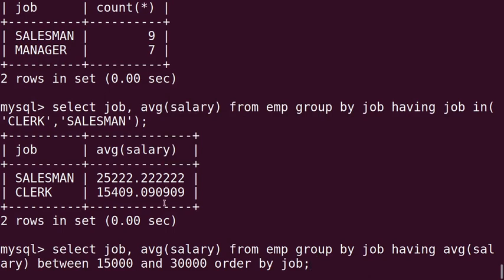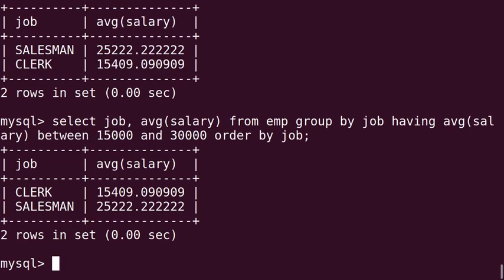That is, select job, average salary from EMP, group by job, having average salary between 15,000 and 30,000, order by job. Within the having we are using the expression that average salary should be within 15,000 to 30,000, and then the records will come in the sorted order of job. That means here we are using all three: order by, group by, and having.